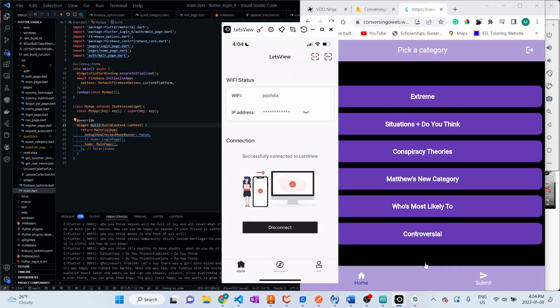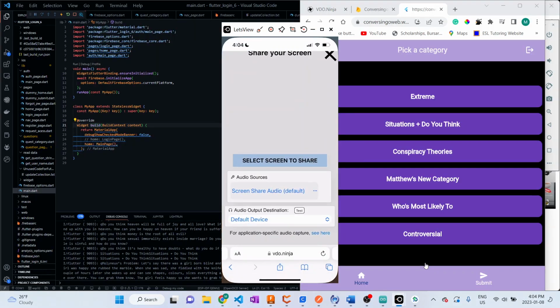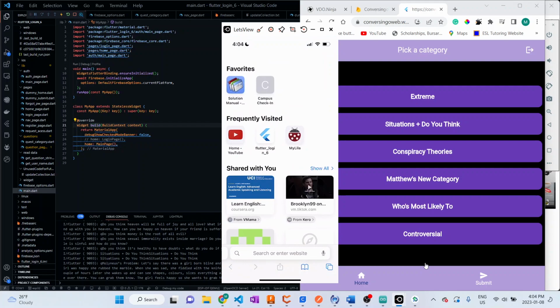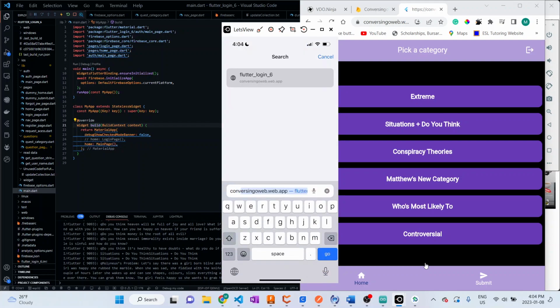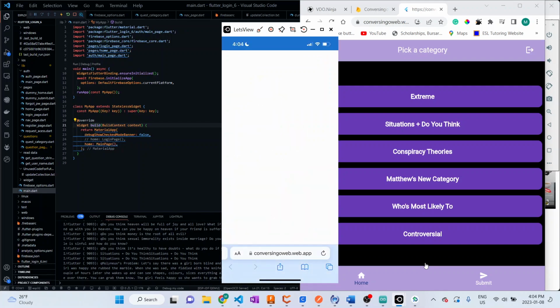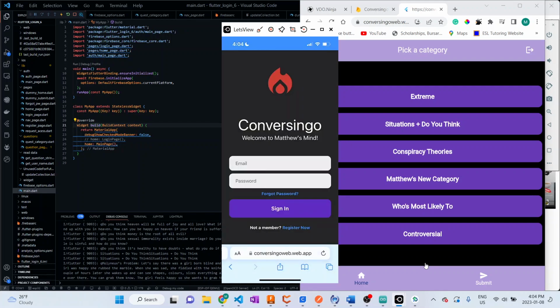let's go here. This is my phone. If we go to Safari, then we go to Conversingo web.web.app, like I showed you on my laptop. Let's wait for it to load. This is how it looks here. And what I did is